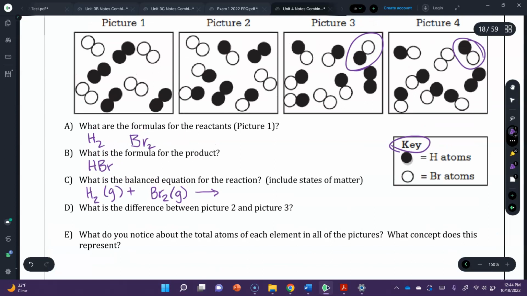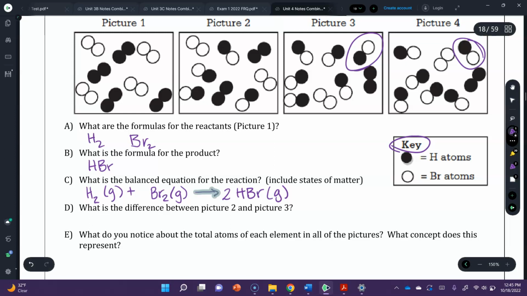And then it's going to yield our product, which we looked at in part 2, and that should be HBr. And if we see them, they're all spread out, so that is probably a gas as well, because they aren't touching and there is a random arrangement. When we balance this, we notice that we need to write a coefficient in front of the product, so that way we have 2 hydrogen atoms and 2 bromine atoms on both